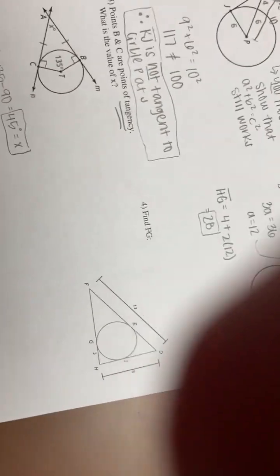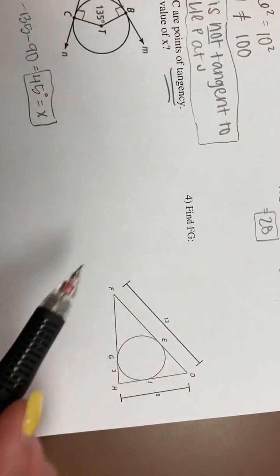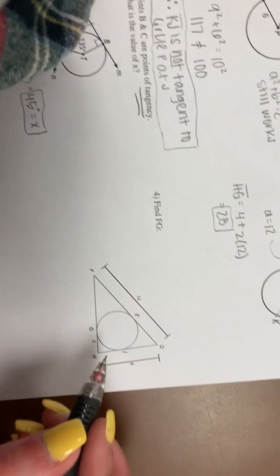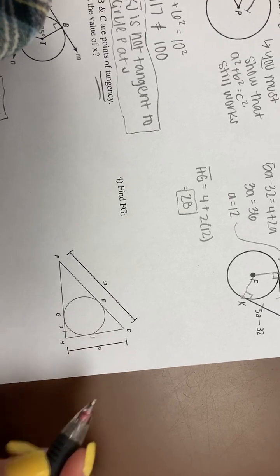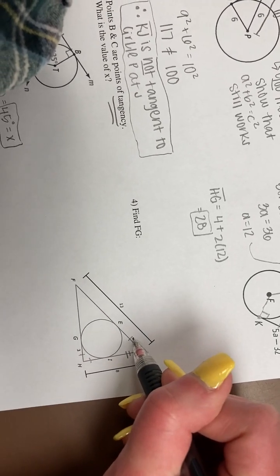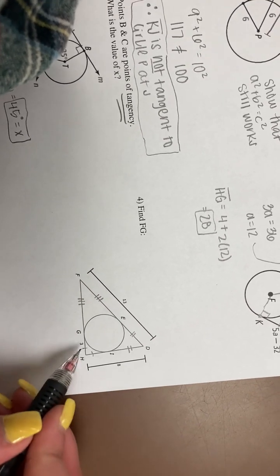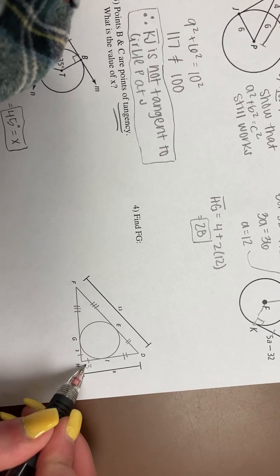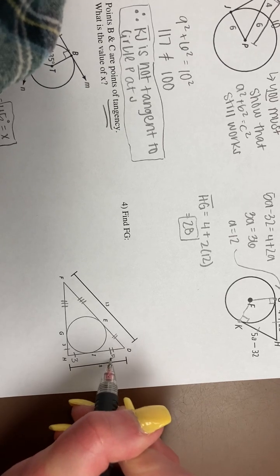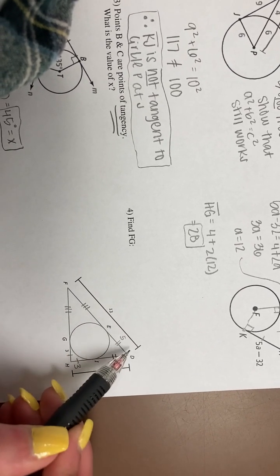So we have a bunch of tangents of all different sizes, except you know that if they share the same common endpoint, they have to be the same. So let's put a tick mark on this little guy and this little guy. They have to be the same. These 2 have to be the same. And then these 2 have to be the same, right? Now, if that's 3, by default, this one's 3. And if this whole thing is 8, and that's 3 of the 8, this has to be 5, which makes this one 5. And if that is 13, and we have 5 of it right there, this last one's